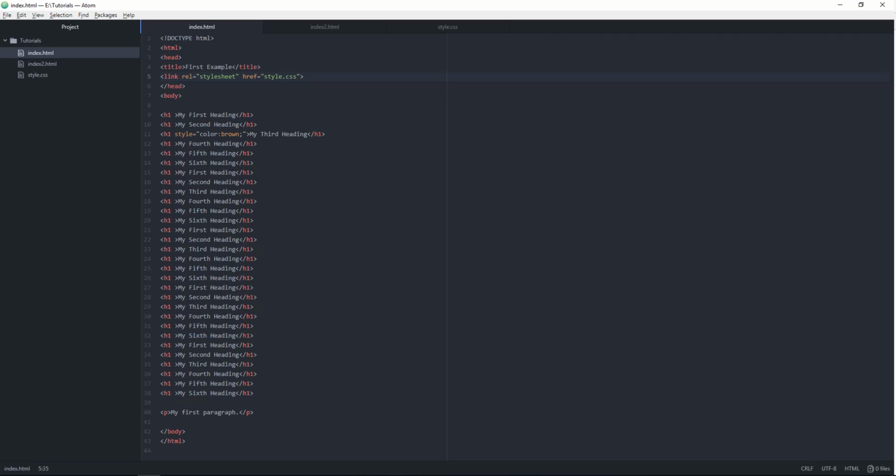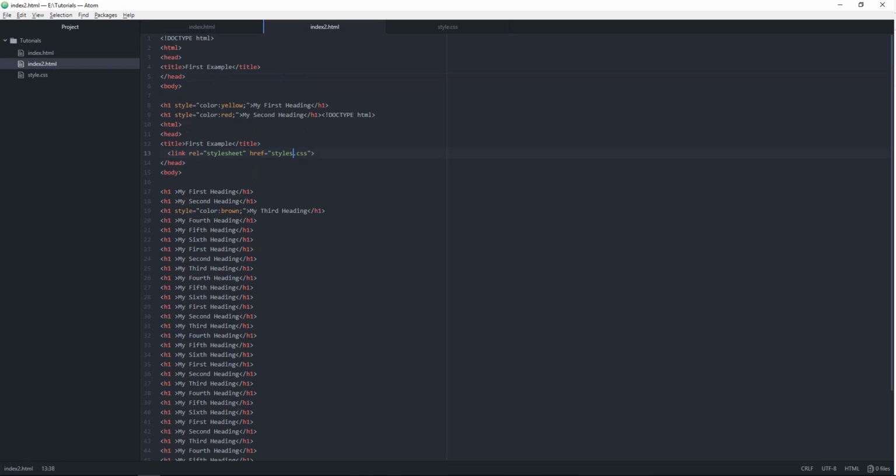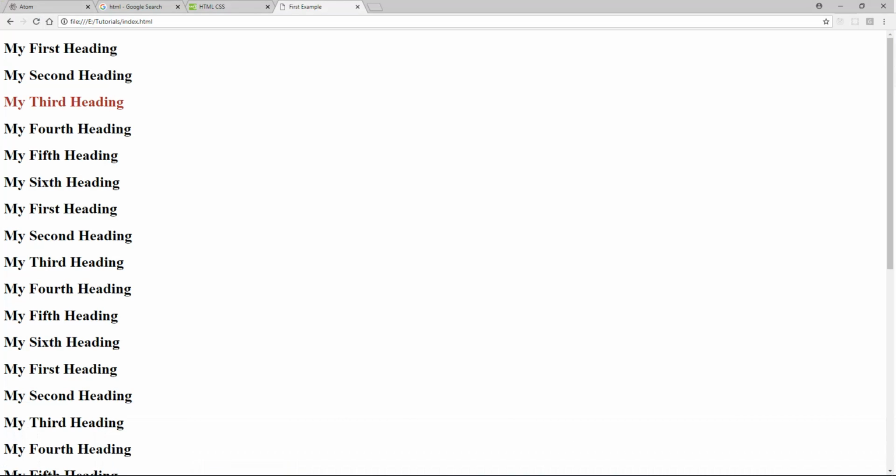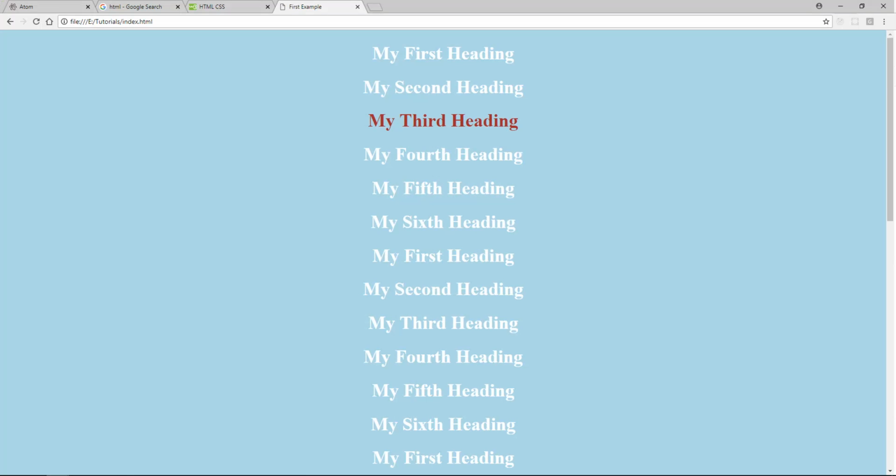So if I just get rid of that and that, now it should work. So let's go ahead and try it again. There we have it. That changed a lot actually. We're now centered as well, interestingly enough. And then we have white, we have the third one being there, and if we go over to index 2,